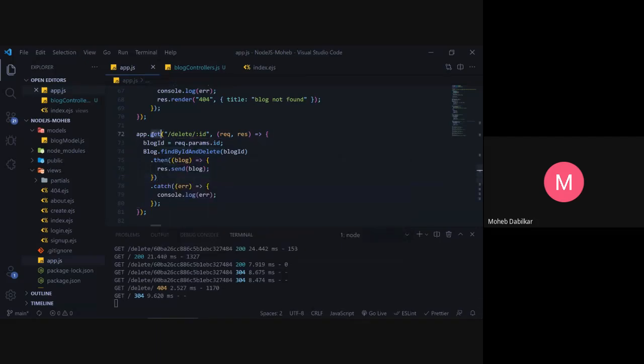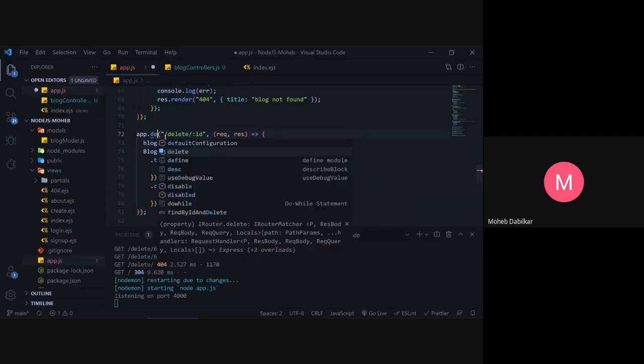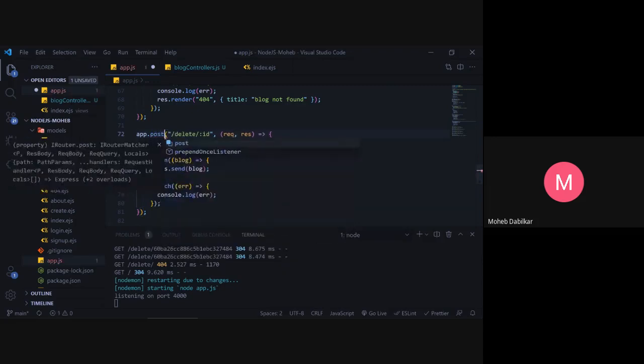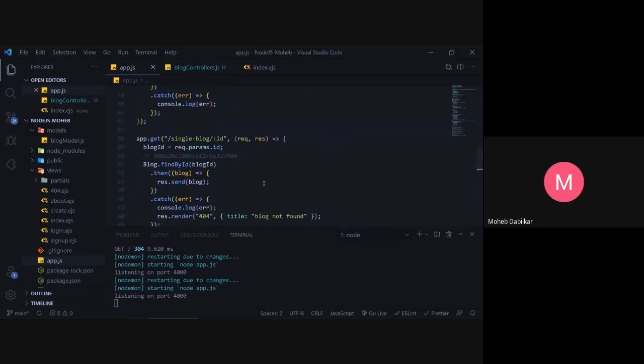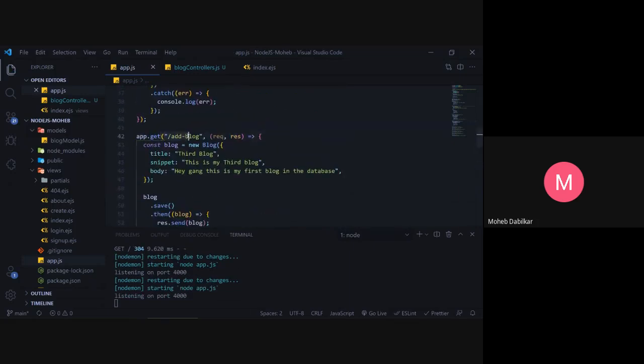Okay, so this should be delete for now, and it is just for the developer's mind so that he knows what to update and which one is going to delete or something. So there is put, and then there's get, and we did get, we did delete, and then there is a post. So now let's just keep it like this, and when we are creating a blog, at add blog we will put post.